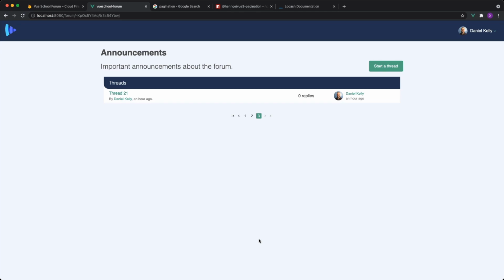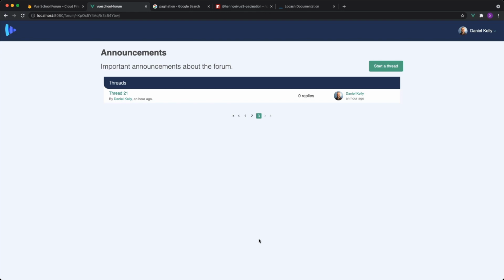It's worth noting that some of the differences in implementation in this lesson versus the infinite scroll lesson were not due to the different pagination approaches, but rather to the difference in the way that data was stored for each. Besides storing the thread IDs on the forum itself, we're also storing the forum ID on the thread.